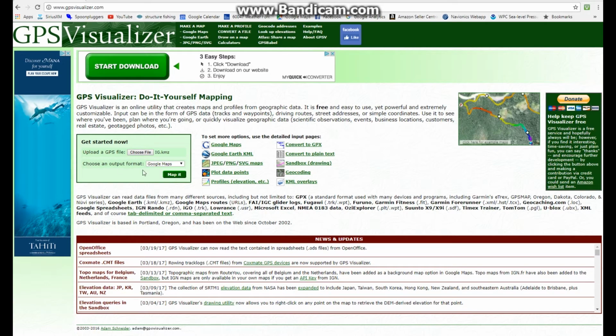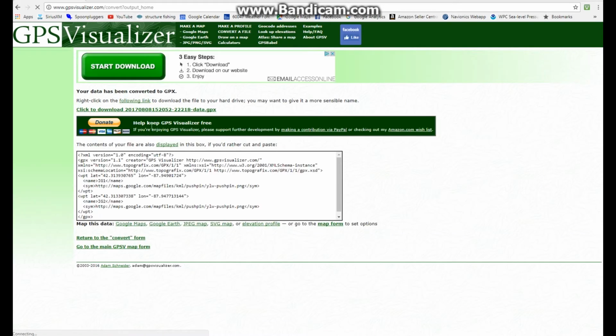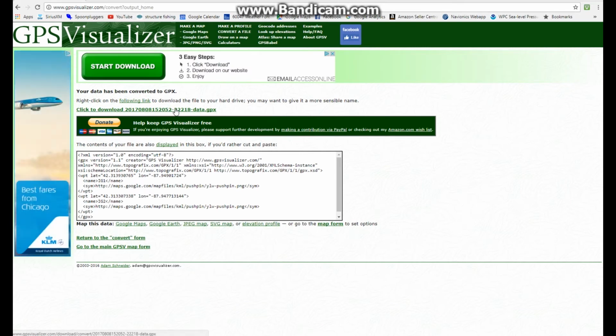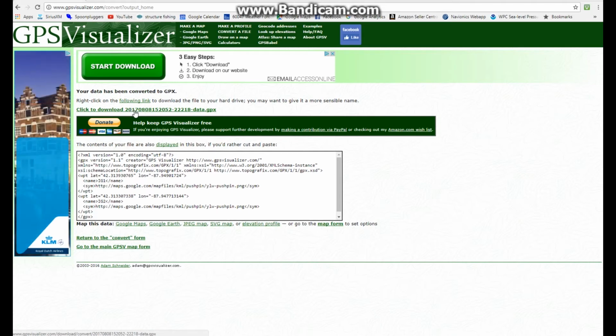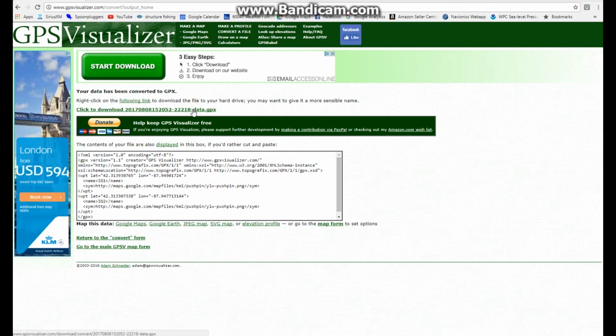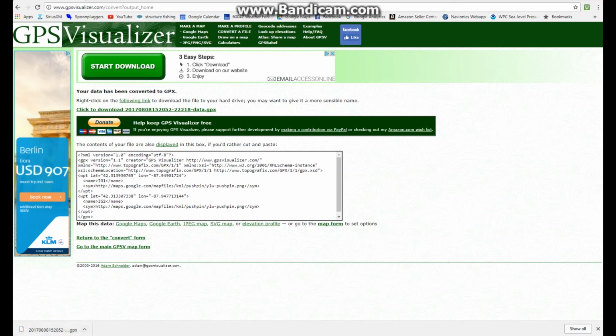And now it says choose an output format. Click the drop down box here, and you want to choose GPX file. Click on that. Now click convert it, and in a few seconds here, it only took 2 or 3 seconds, you get it right here. It says right here, click to download, and I think it goes by the date and the time on here, it creates it. -data.gpx. Click on that to download it, and it just downloaded it here,